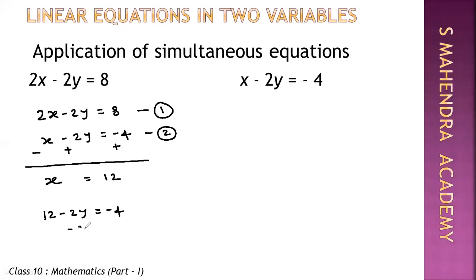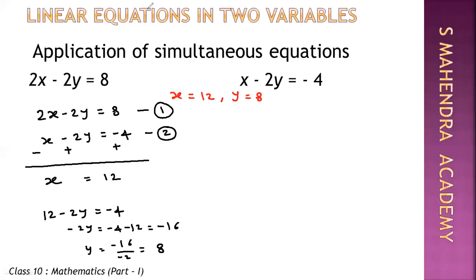So minus 2y is equal to minus 4 minus 12, that is minus 16, and y will be minus 16 upon minus 2, that is 8. So the value of variable x is 12 and variable y is 8. Now we have to calculate